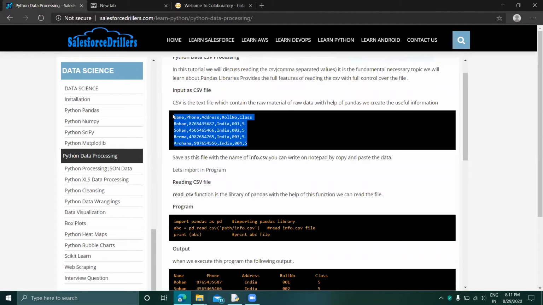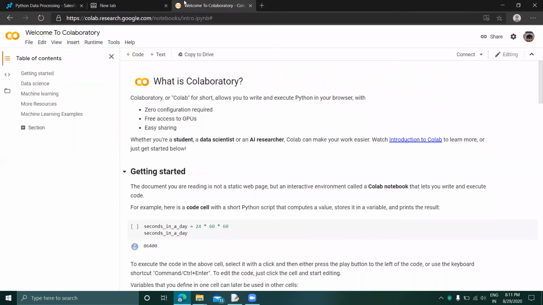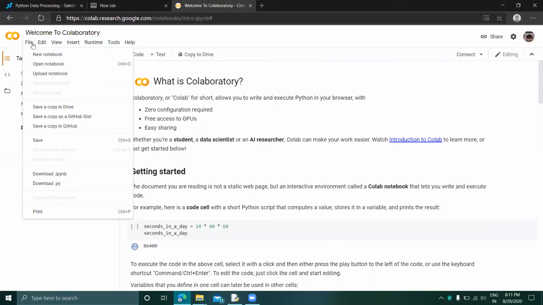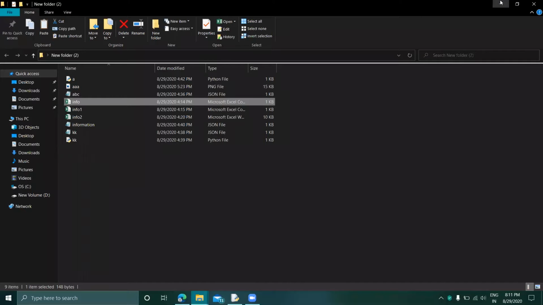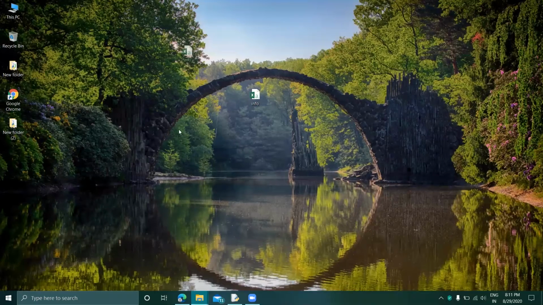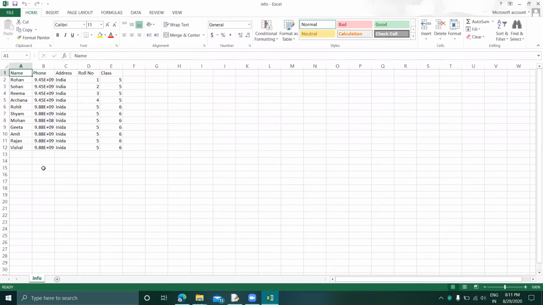So how do we read the file? Let's see it in the program. Open a new notebook. Here is my file, and here is the info. I'm adding some more data to it, such as a roll number.